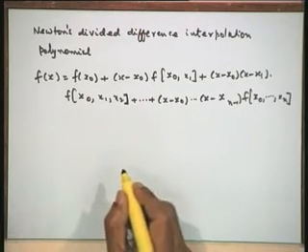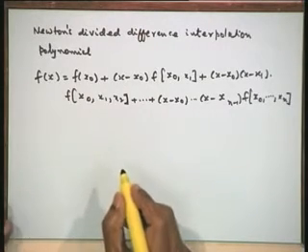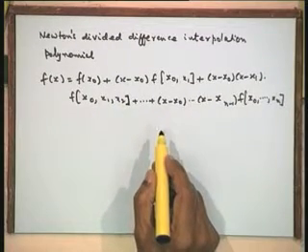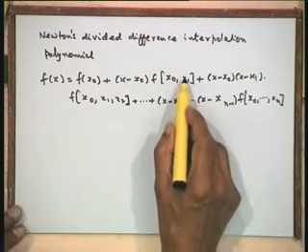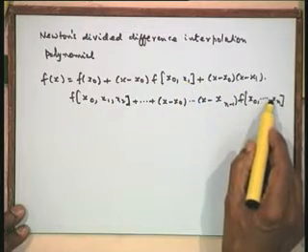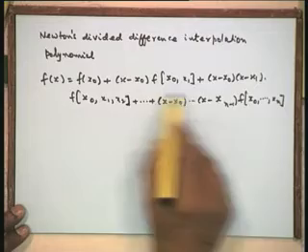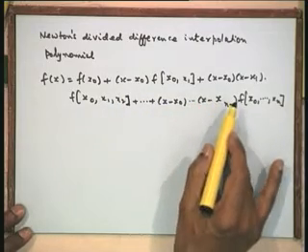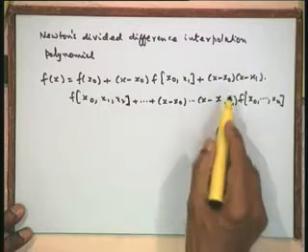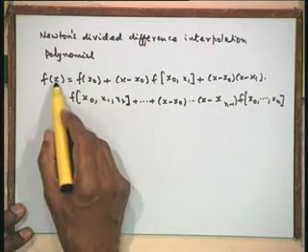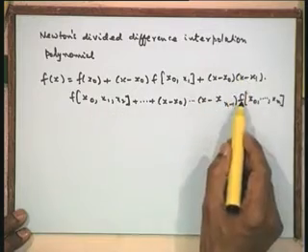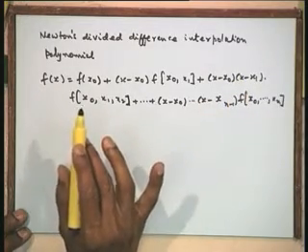To apply this interpolating polynomial, what we need to construct is the divided difference table, and from the divided difference table we can pick out the values of the first divided difference, the second divided difference and so on, up to the last divided difference, substitute them, and then we can simplify it and get the interpolating polynomial. If we want only the interpolation at a point, we need not simplify it; we can straight away substitute the value of x equal to some given value xi, and simplify these numbers to produce the value at that particular point.